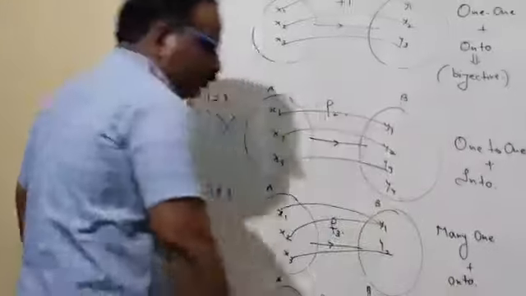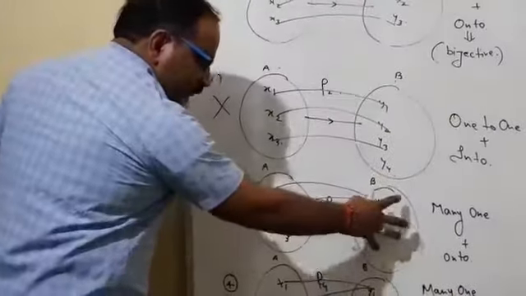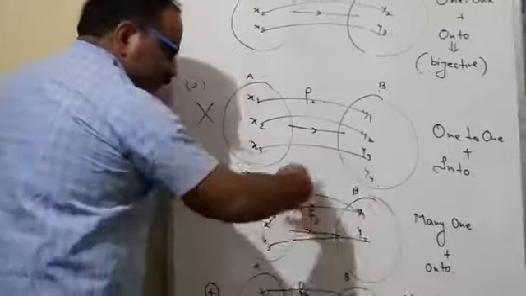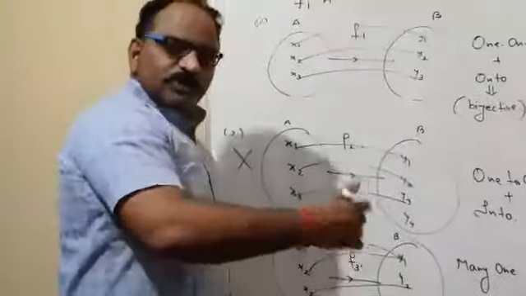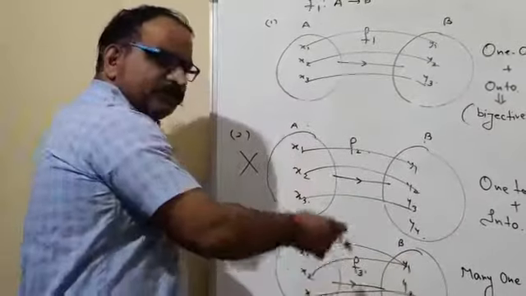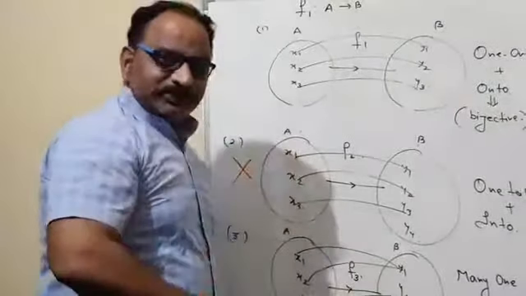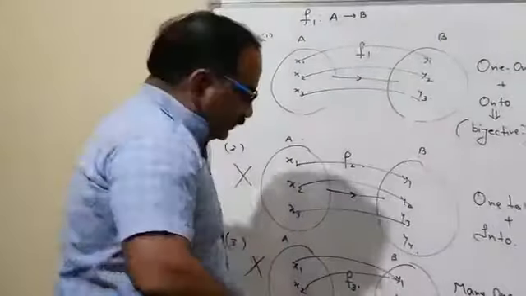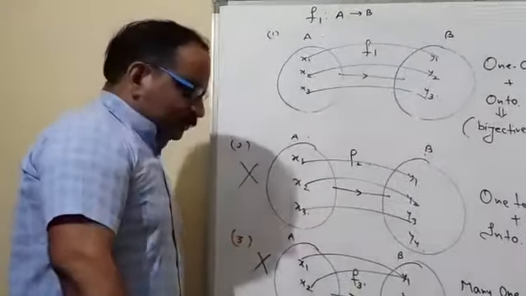We can cut it. The same logic we can apply here. It's a many-one plus onto case. While we are moving from B to A for getting the inverse of the function, one element has two images. Inverse is also a mapping. If we are moving from this to that, then it has two images, which contradicts the basic definition of a function. That's why it will not come under the purview of a function itself. So the inverse will not exist in that case also.